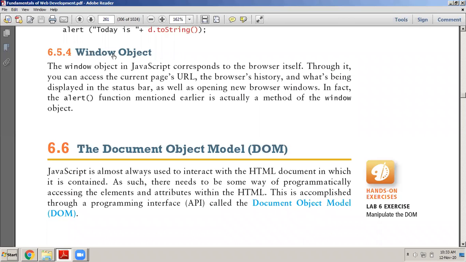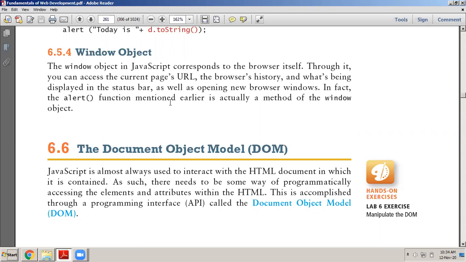Yesterday, we saw what is a window object. Just like any other built-in object, like the math object, the date object, the array, the string object, we have a window object. Why do we use a window object? We use a window object to access elements of the window. What do we mean by the window? We mean by the browser window. Okay, we mean by the window, the actual browser window.